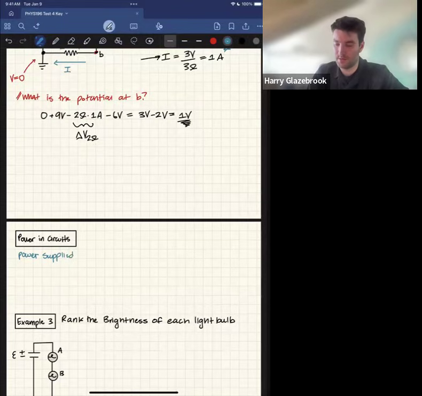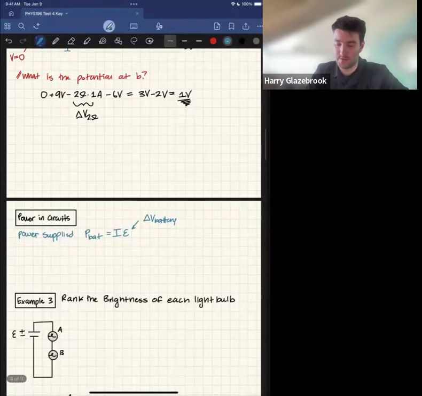And that's just going to be, it's usually written as P bat, and that equals the current coming out of the battery times the EMF, where EMF is just the potential difference of the battery, just a fancy word. So that's a simple equation. It's also the power